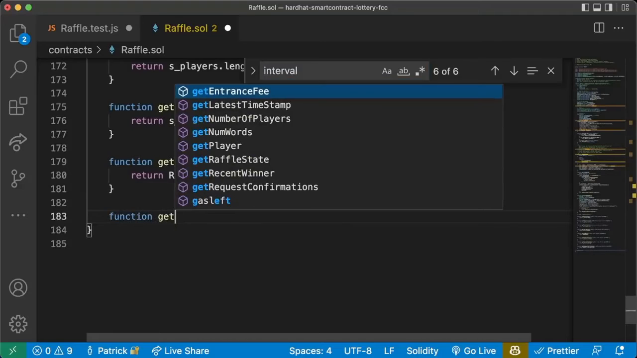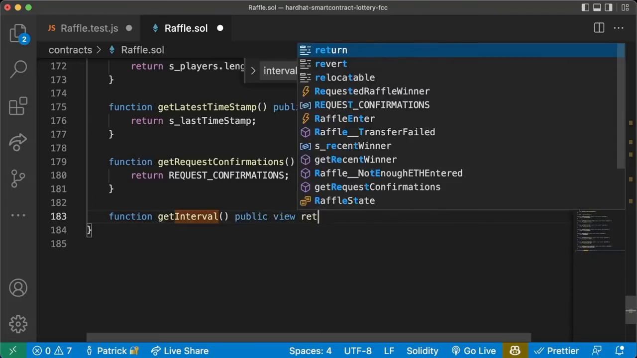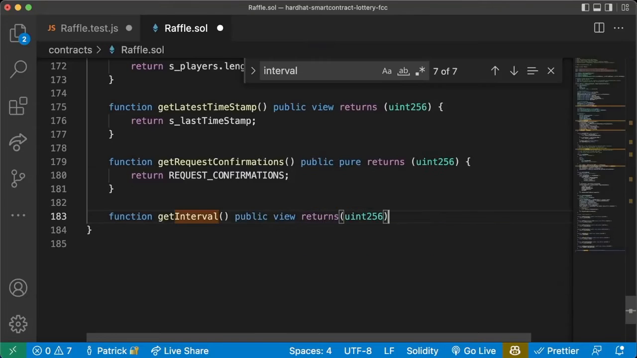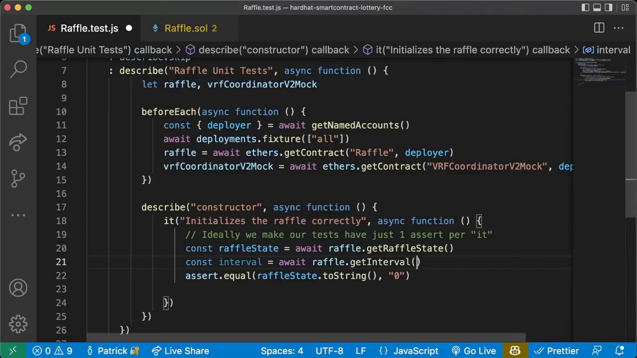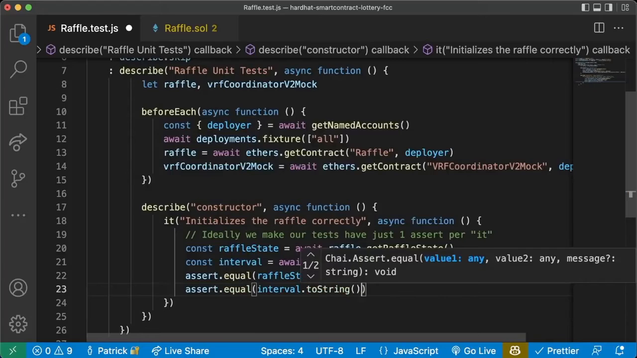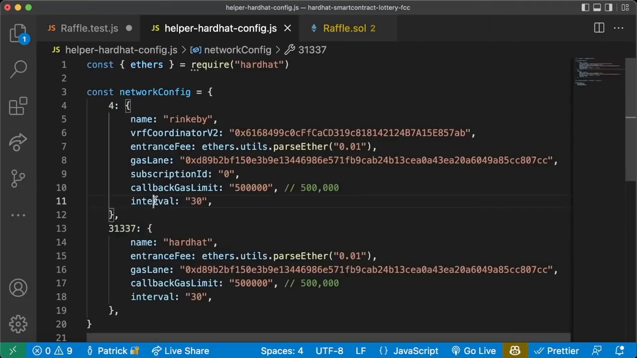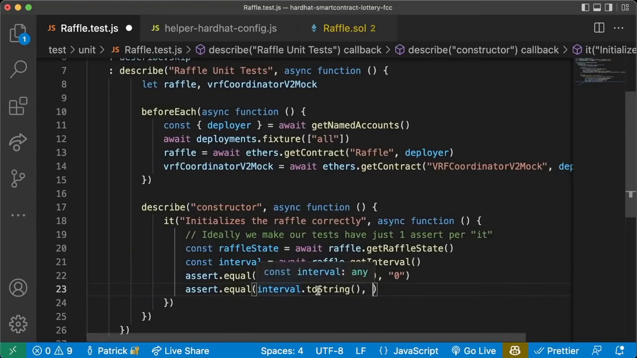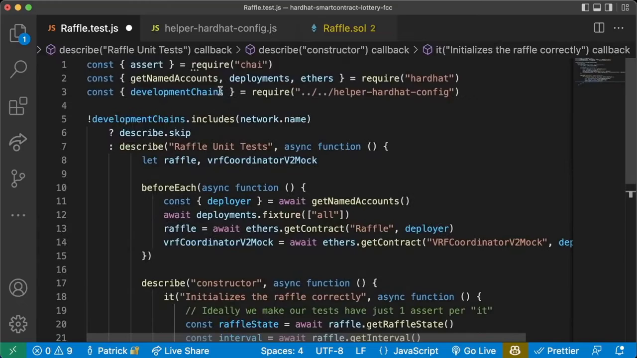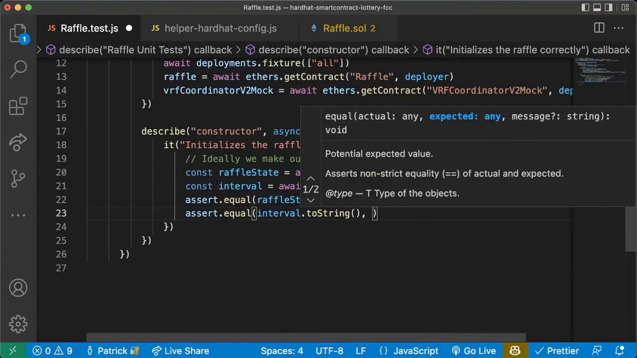So we'll do function getInterval, will be a public view returns uint256, return i_interval. We'll have getInterval. We'll say raffle.getInterval. And we'll also say assert.equal interval.toString. This should equal whatever is in our helper config, right? Because we're using the interval in the helper config. So interval.toString should equal, so we'll import that as well, networkConfig, and we'll say the interval should equal